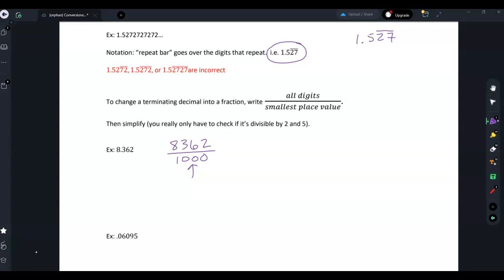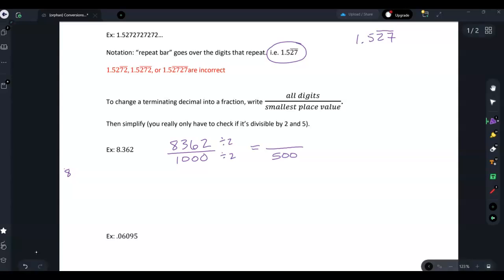Now, sometimes it might go in more than once. So I'm noticing on this one that I could divide both the top and the bottom by 2, but I might need to check that again. Maybe 2 goes in another time, right? So you would keep checking 2 and 5, but once you've checked 2 and 5 and realized that it doesn't simplify any further, you're done. And then 1,000 divided by 2 would be 500. And then let's see,